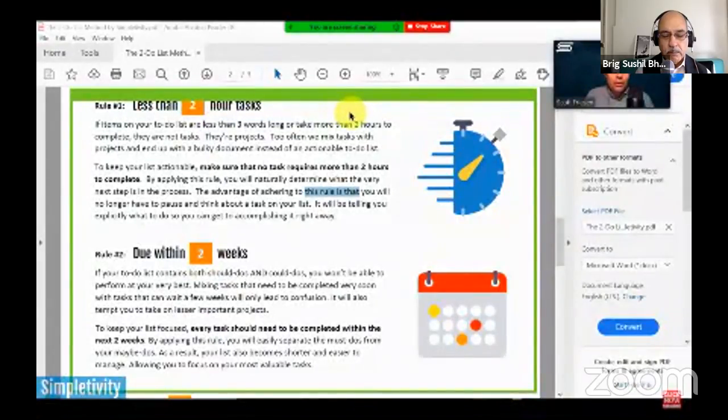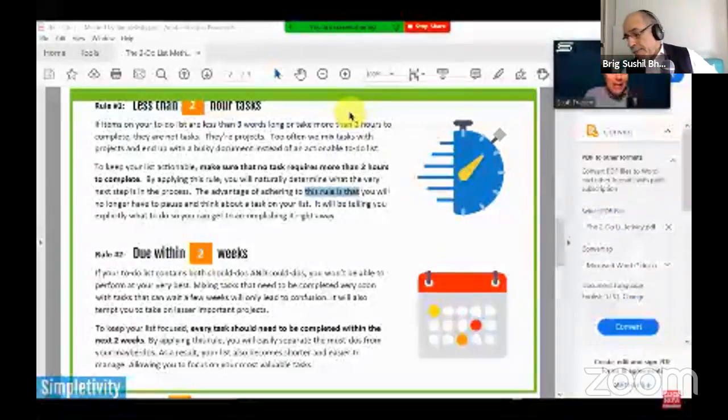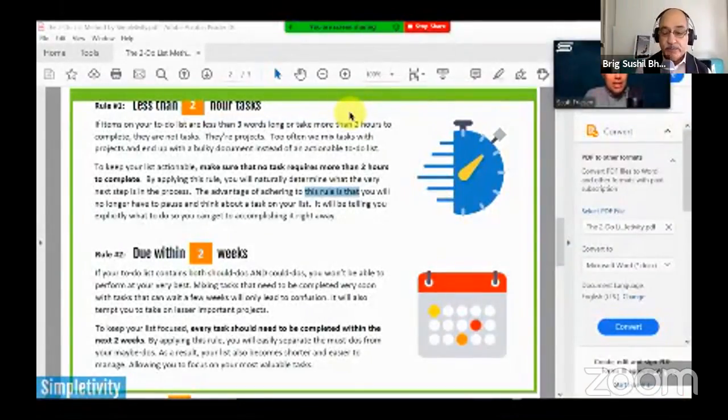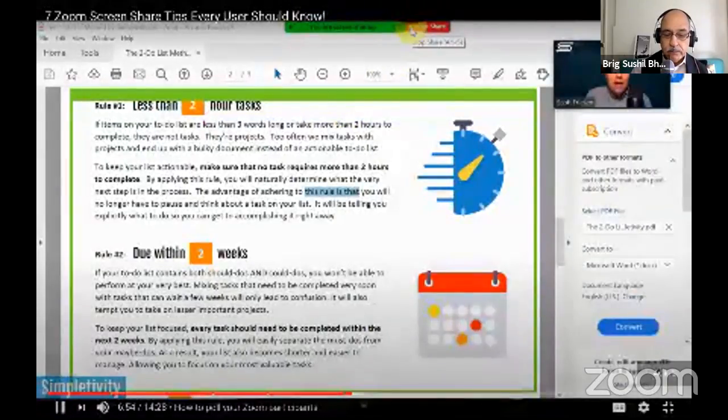Now, let's move on to tip number 5, which is going to greatly enhance your meetings, especially if you want to get your participants involved. And tip number 5 has to do